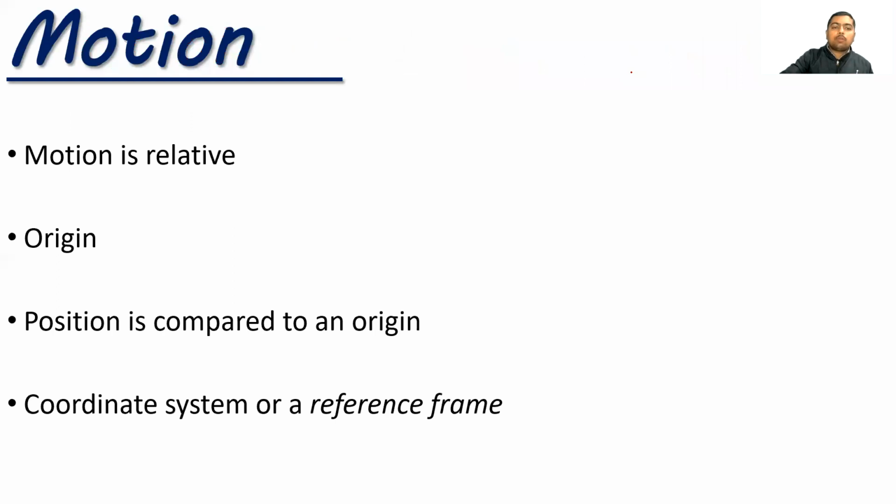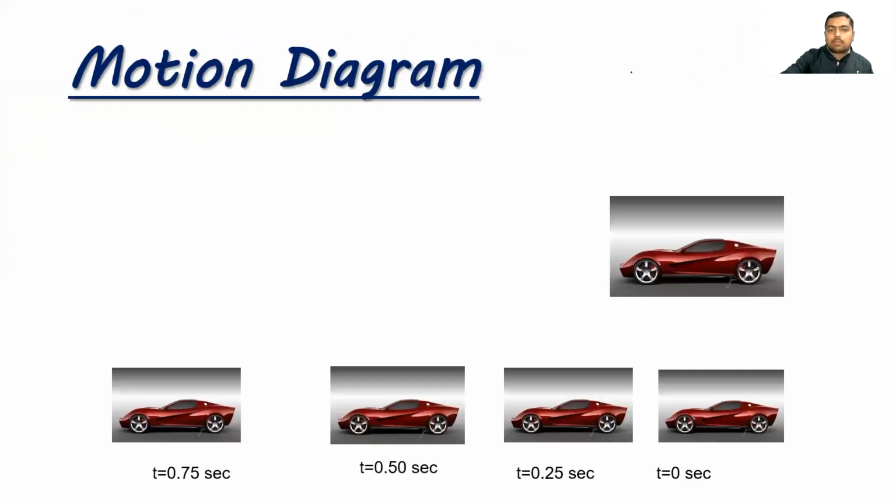Now, when we talk about what is motion, motion and rest are both relative to each other and are defined by these examples. When we look at this diagram, think that time is 0 seconds, and then time is running, becoming 0.25, 0.5 or 0.75. Then what do we observe? When any object changes its position with time, we call it in motion. But when an object does not change its position with time, we say it is at rest.